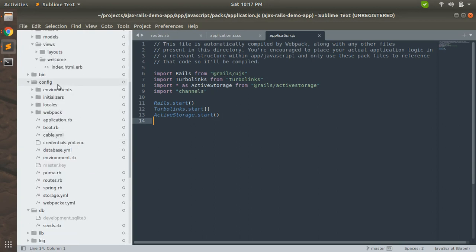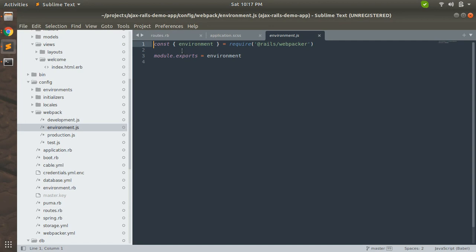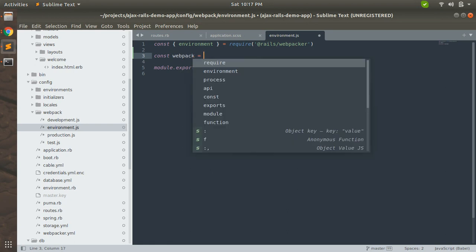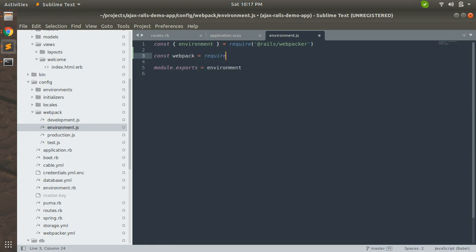So let's go to the directory located at config/webpack and open the environment.js file. We need to configure our webpack here, so we just need to add const webpack, and then we need to add plugins here.